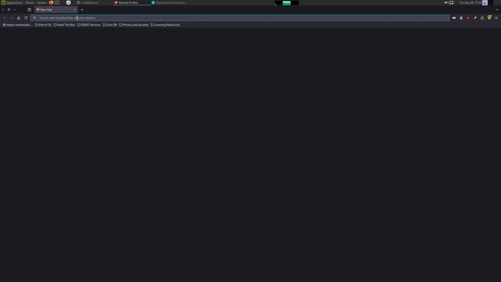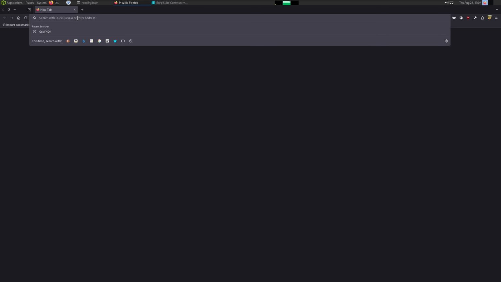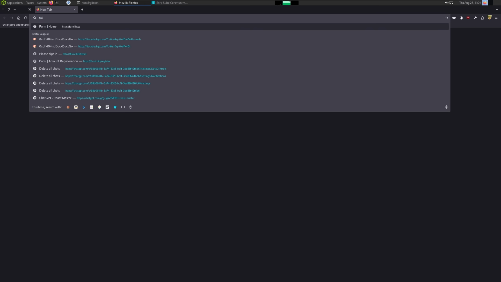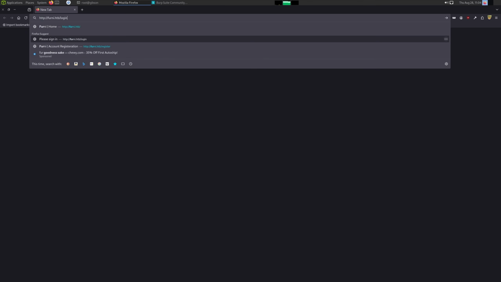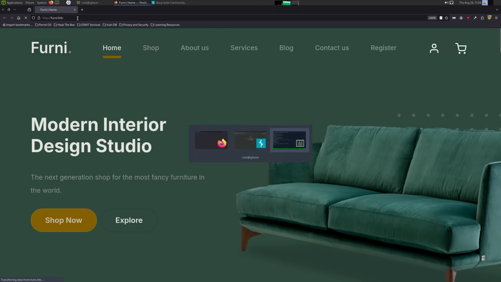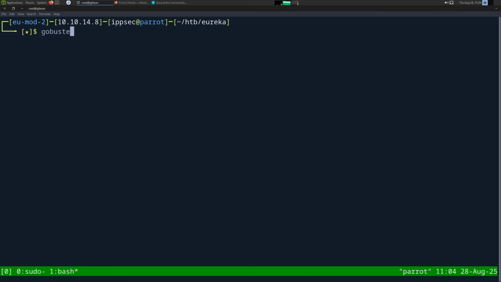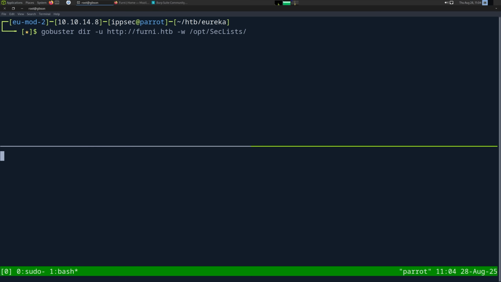And the first thing I like doing always is enumeration. So let's go ahead and set up a GoBuster, right? I'm going to do a GoBuster directory mode, URL http://fernie.htb, wordlist /opt/seclists. I'm going to change the word list slightly here because normally I use raft-small-words,